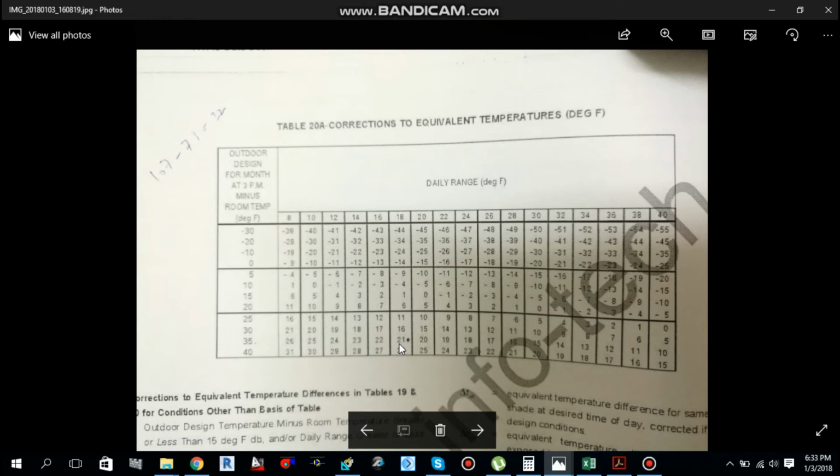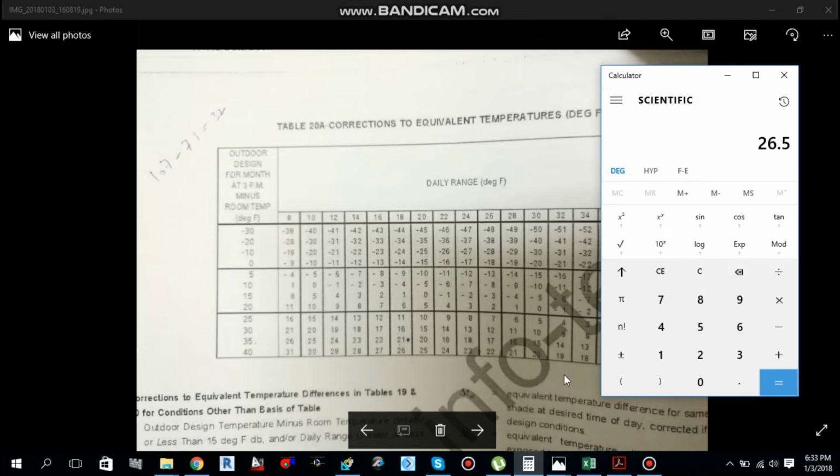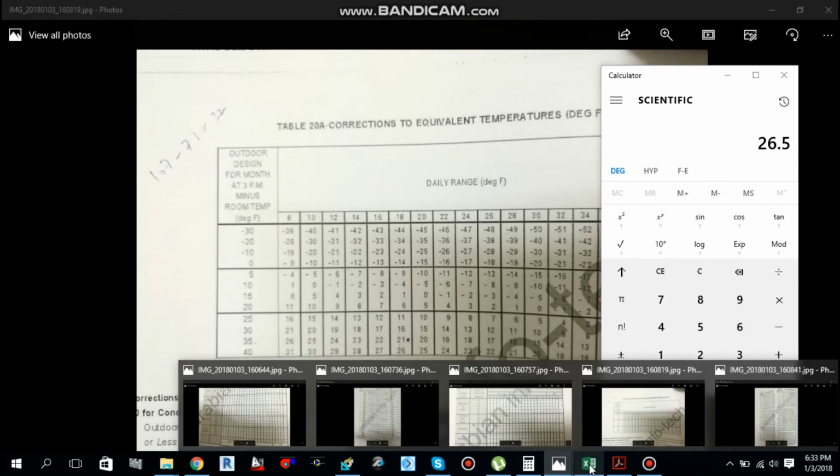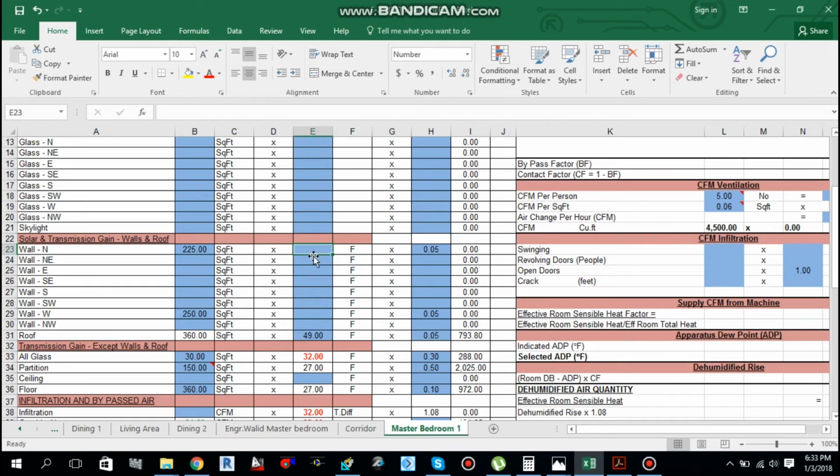So 21 needs to be added to 5.5, 5.5 plus 21, as the correction for material specification. So we got 26.5 degrees Fahrenheit delta T. So move back to our E20 form. For the north side we got 26.5 delta T. As you can see, load is calculated to 98.